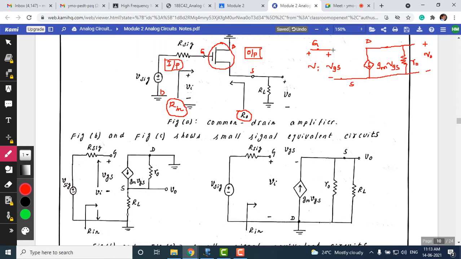Just see that when this circuit is inserted here, between the gate and source there is an open circuit. At the source terminal there is a load resistance RL, and these two components are the equivalent circuit. I will just show it in different colors so that you can see it. What is the equivalent of the MOSFET here? So I will show the MOSFET equivalent with the dotted lines here. So this is the MOSFET equivalent.